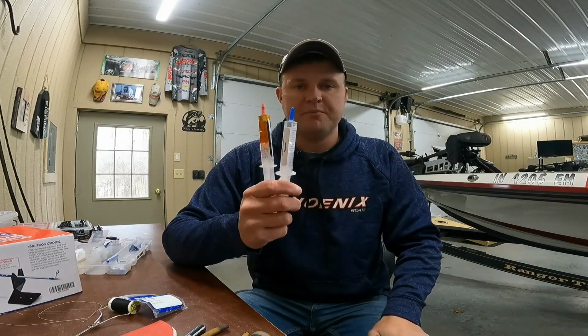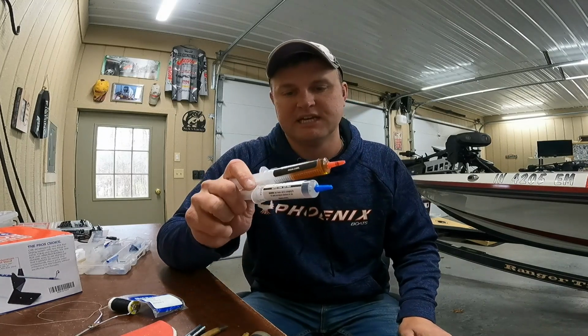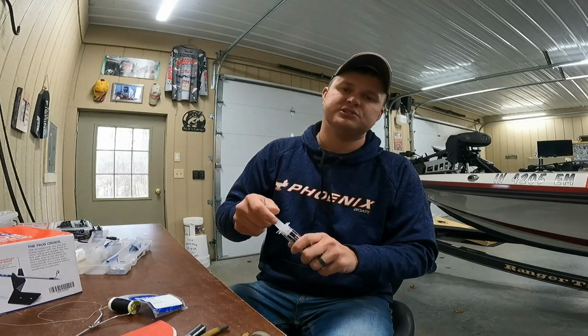to the tip. So the epoxy that I use is a two-part epoxy that comes pre-packed in these syringes, and I'll basically put that into a small bowl or a container, and I'll mix it up in order to get